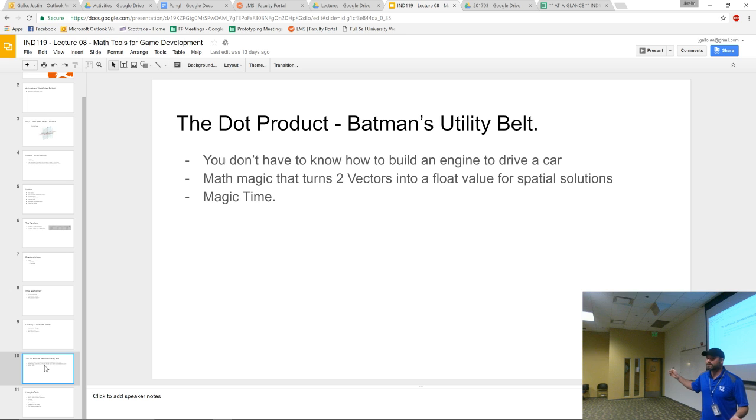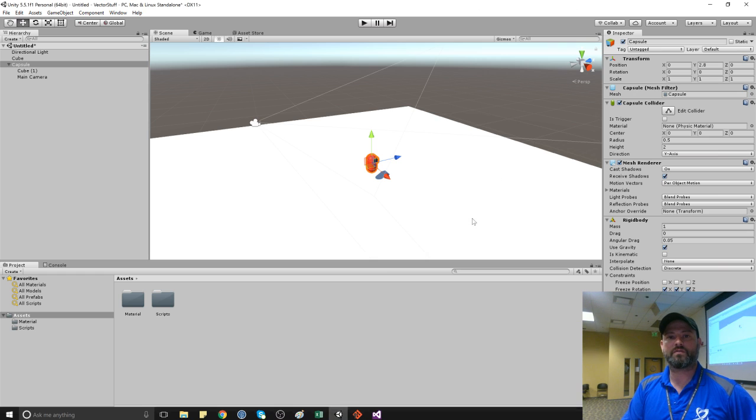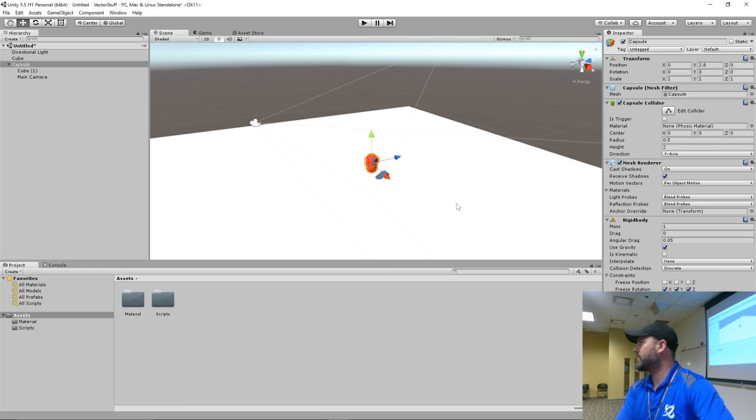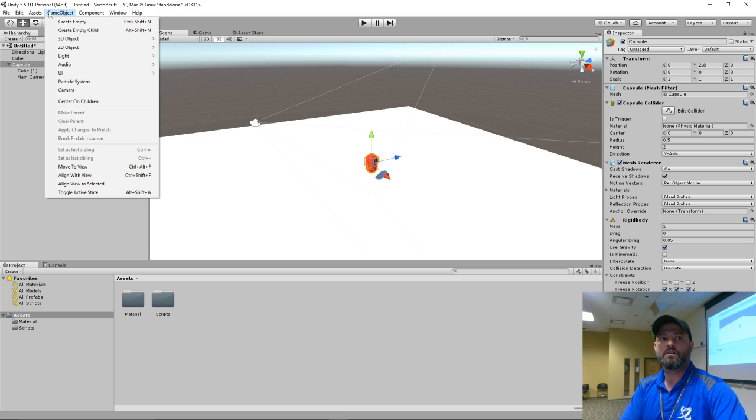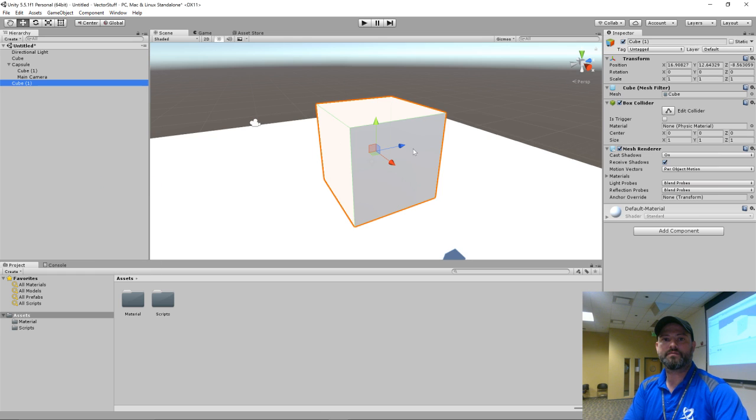So I'm just going to show you this really quickly, and then I'll let you guys go after I show you this stuff. So I can move my character, and this was started from scratch. Using vectors, I can move my character. I'm going to put something else in the world. I'm just going to create an empty, not parented to that. Yeah, cube's fine.